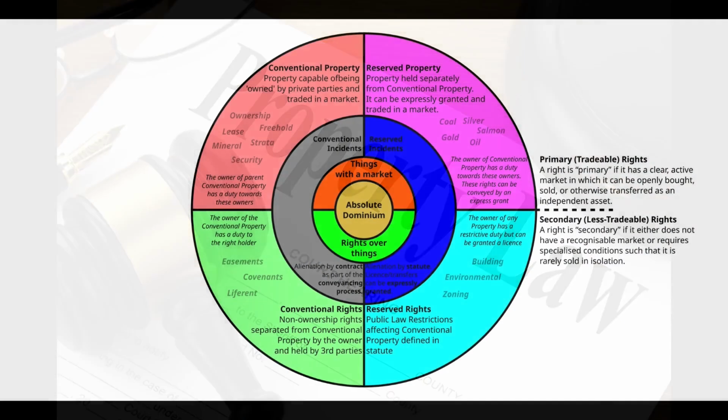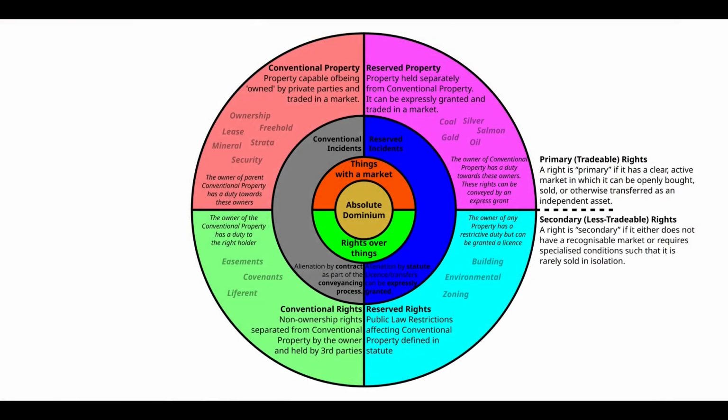These include the right to use the good, the right to earn income from that good, the right to transfer the good to others or alter it in some way, and the right to exclude others from using the good. Historically, people have had some of these rights, but not others. For example, many feudal lords had the right to earn income from their land, but not the right to transfer that land to other people. That is, they weren't allowed to sell it. Likewise, different forms of property rights have provided some, but not all of these rights. But they're all important because they all serve different economic purposes.